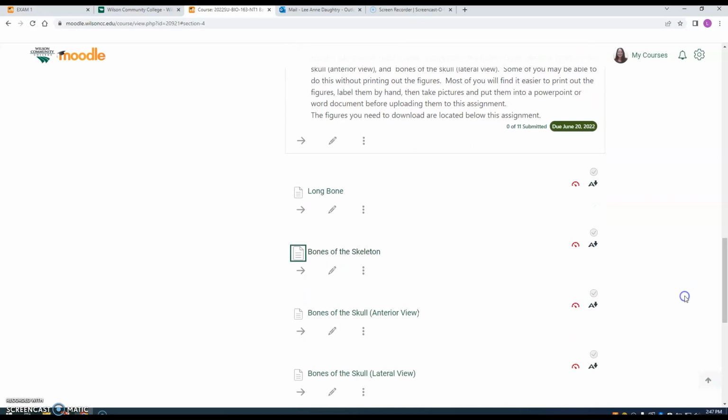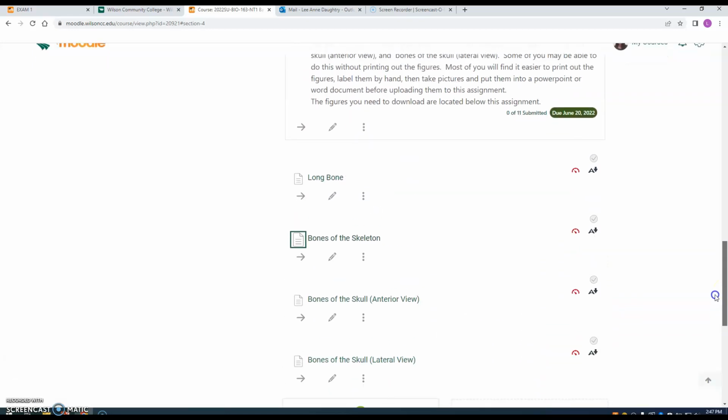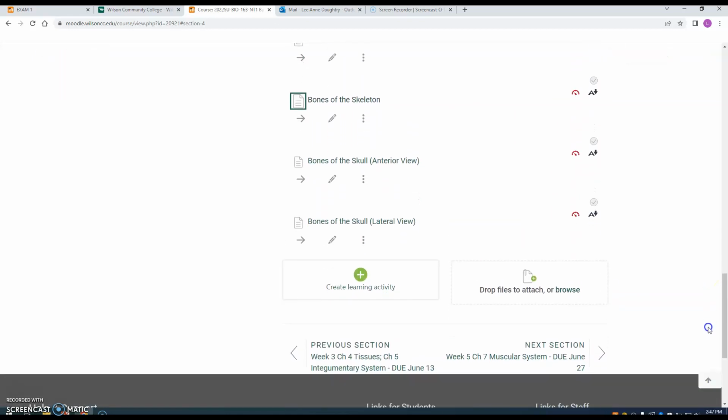So turning this in, you'll have to turn this in by Monday. Then you'll have the lab practical exam that will be due by Thursday. I will post that. Monday the 20th and Thursday the 23rd are the dates that I'm talking about here. So anyway, look at your syllabus. The point is that I'm not going to change anything on the syllabus. So go by those dates, and these are the figures that you need to complete.